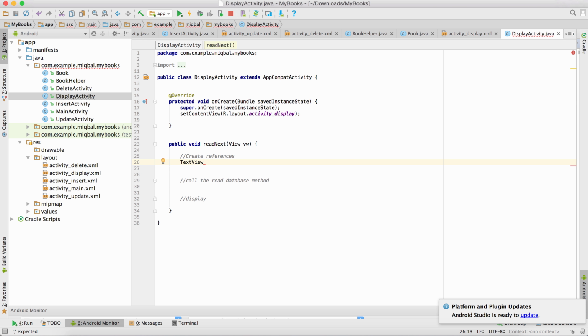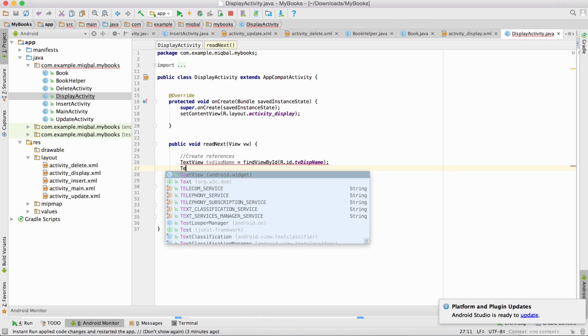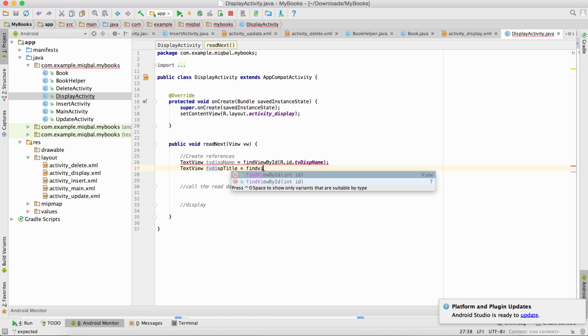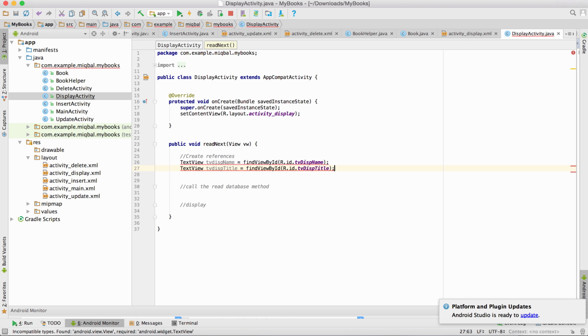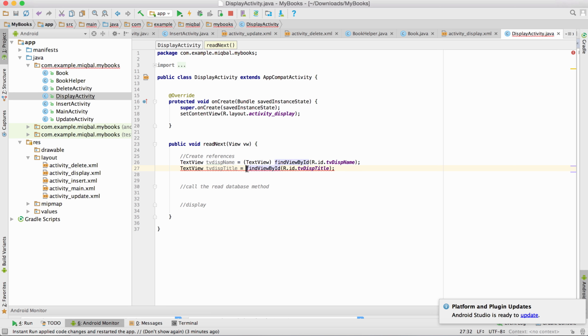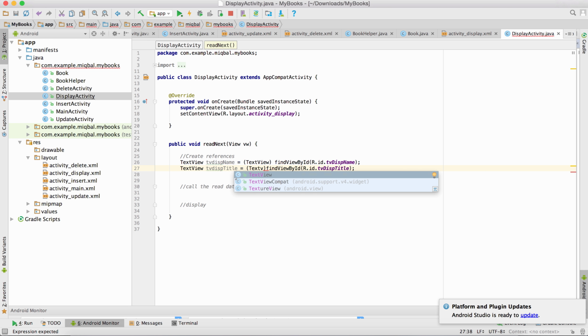They don't have to be the same, you can give them different IDs. So R.id.tv display name, or should be author name, in fact. TextView TV display title is equal to findViewById R.id.tv display title, and then you just cast that back to TextView. Yeah, we cast that back to TextView,